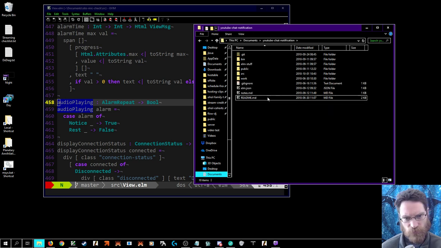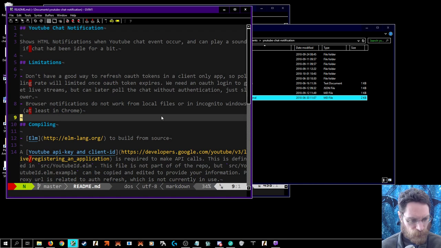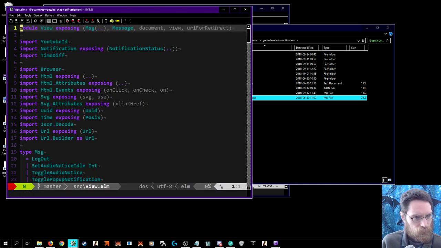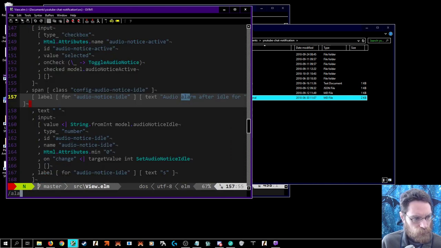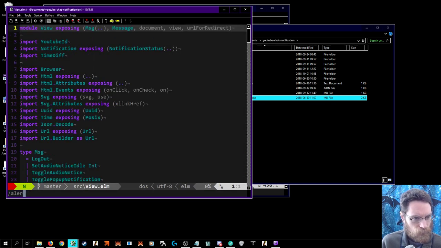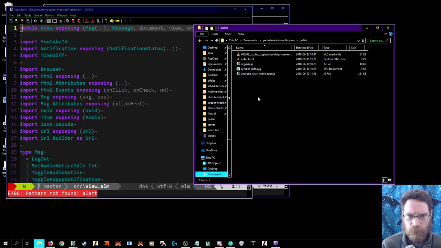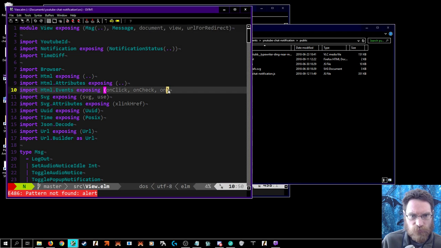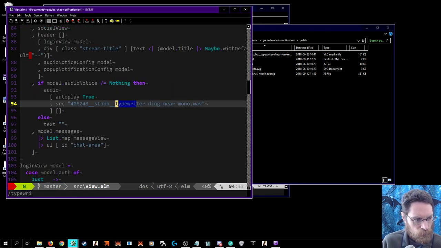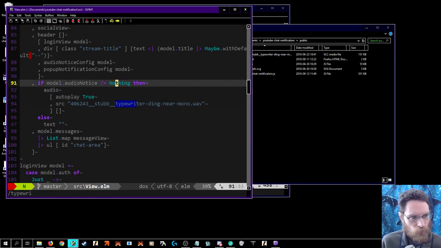Because this is only a one-time alarm. This is the same file? Oh, no, this was typewriter. If model.audio notice not equal to nothing,